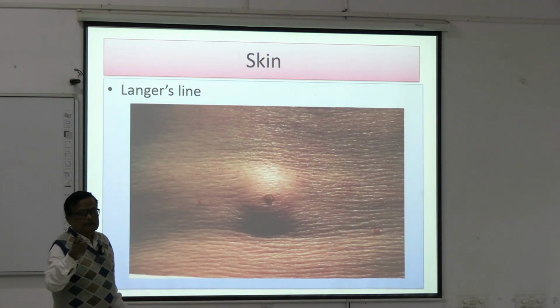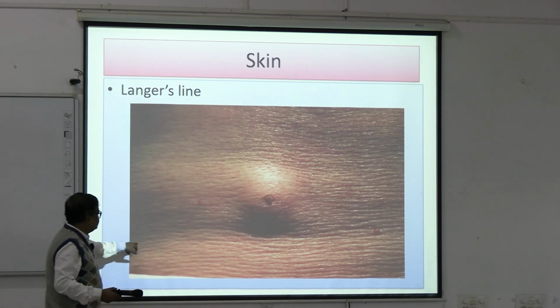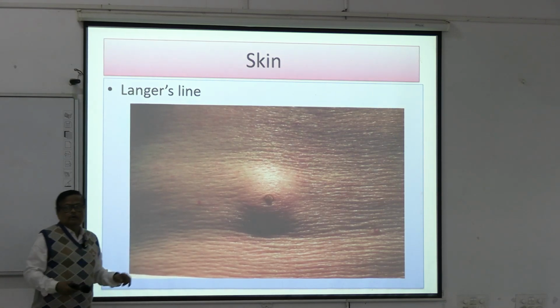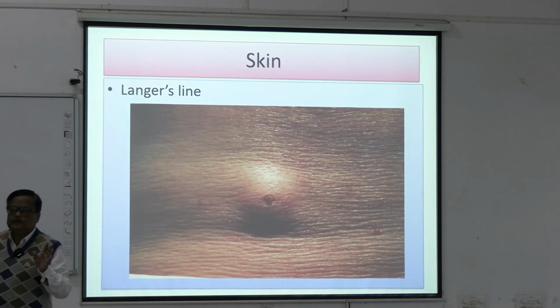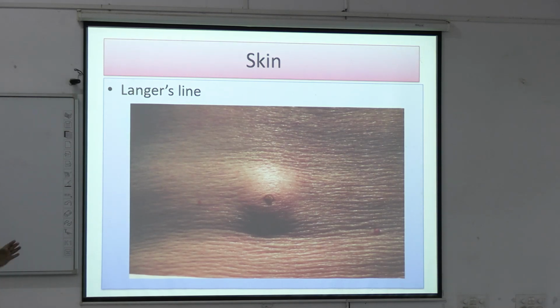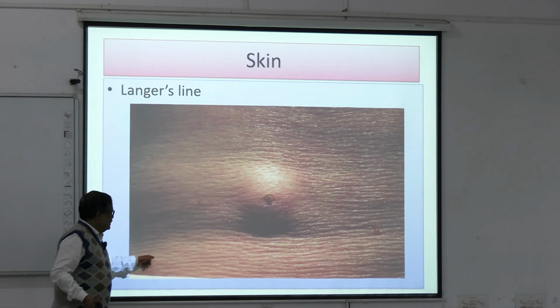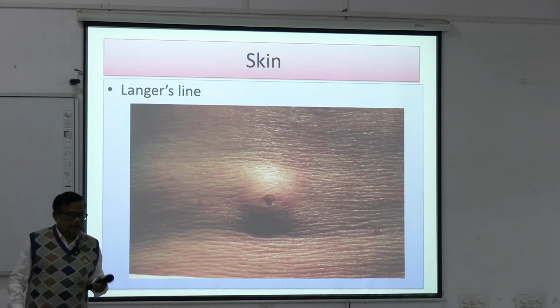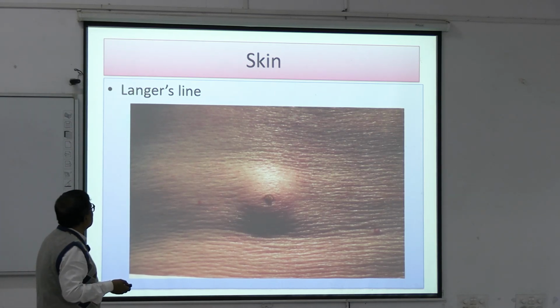ল্যাঙ্গার্স লাইন কালকে বলেছি, যারা যারা ছিলে, these are the Langer's lines. How it is formed, কেউ বলো কালকে যারা ছিলে। It denotes what, arrangement of, এই তুমি ছিলে তো, বলো কি জিনিস এটা, কার জন্য লাইনটা হচ্ছে, কোন কানেকটিভ টিস্যুর জন্য, ফাইবার্সের জন্য, কোলাজেন ফাইবার্স। কোথায়, ডার্মিস, ডার্মিস অফ দ্য স্কিন, here the collagen fibers are arranged parallelly, which gives this line known as the Langer's line, and importance কালকে বলে দিয়েছি, ক্লাস না করলে আর কিছু করার নেই। নেক্সট,